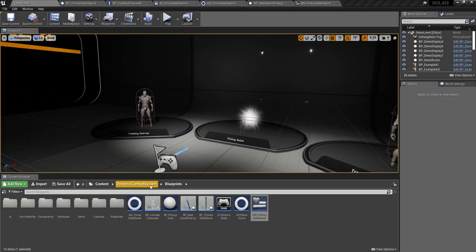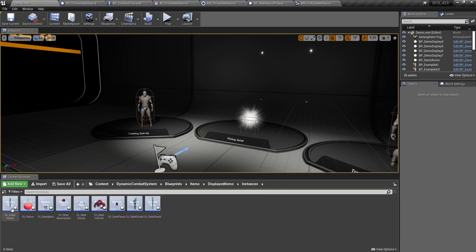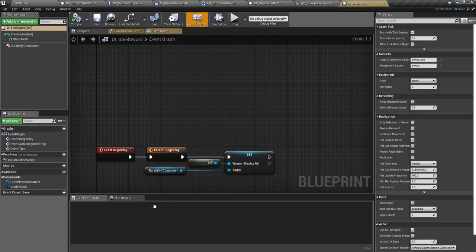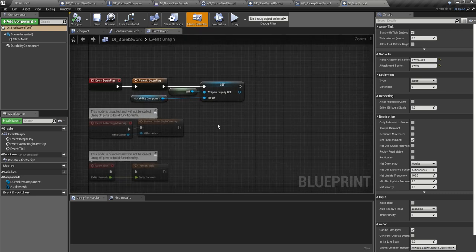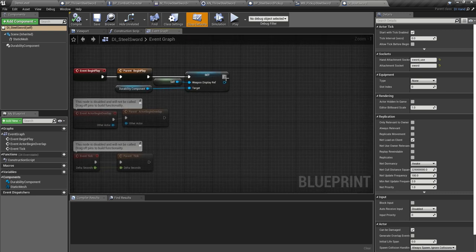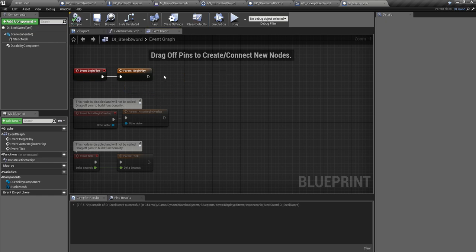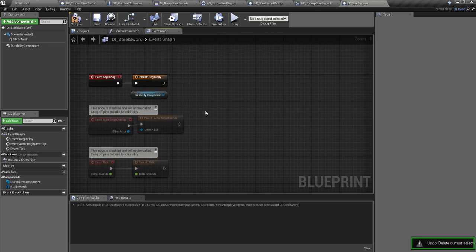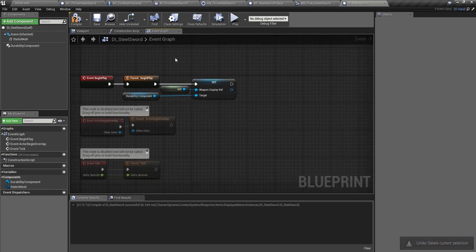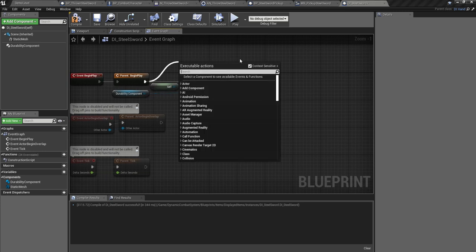And now we're going to locate our steel sword display item. On the begin play, you can ignore this. This was from a durability component I was working on. Actually, I might want to leave that there, because just ignore that and act as if it was not there on yours. So from the parent begin play,